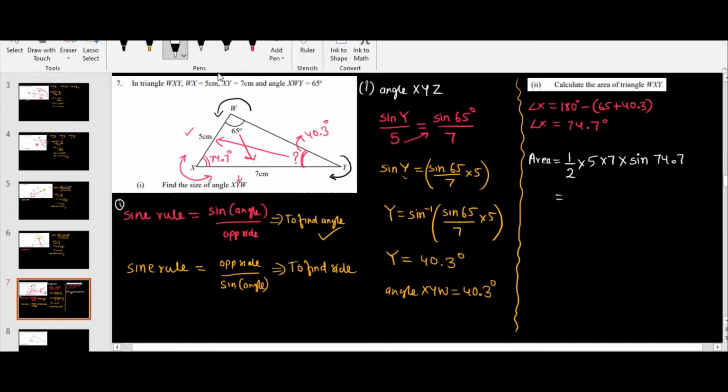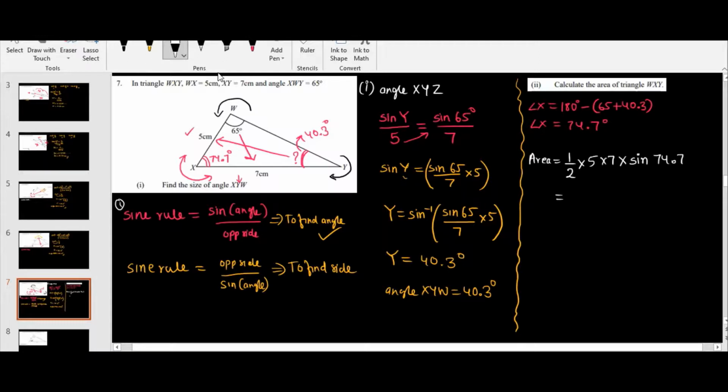Okay, so remember which angle you should take. You should take an angle which has a side on both sides. Only that angle you should take. Otherwise, it is not possible to calculate the area of the triangle. You cannot write here 65 degrees, because if you want to write 65 degrees, then it should be 5 and the other side, whatever the value is given. But here the other side we don't have a value, so we cannot take 65 degrees. That is the reason we had to find the third angle first, and then we use the area of triangle. So we can use this formula.